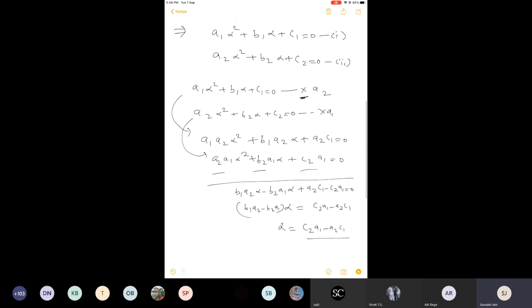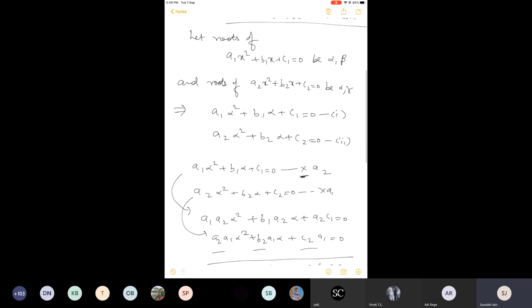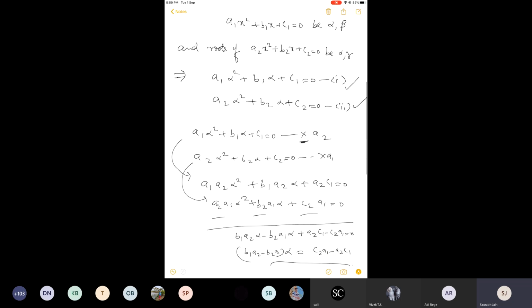See, no need to learn all this. As I said, it is just a working rule. So in every question you will be following this only. I will repeat the process. What will be given in the question? In the question they will say that there are two quadratic equations which have one same root or one common root. So you will put that root in both the equations. You will get these two equations. Now from here, you will try to get alpha. You will always find alpha only. And for that, you will use the elimination process. You are going to eliminate alpha square. So just like